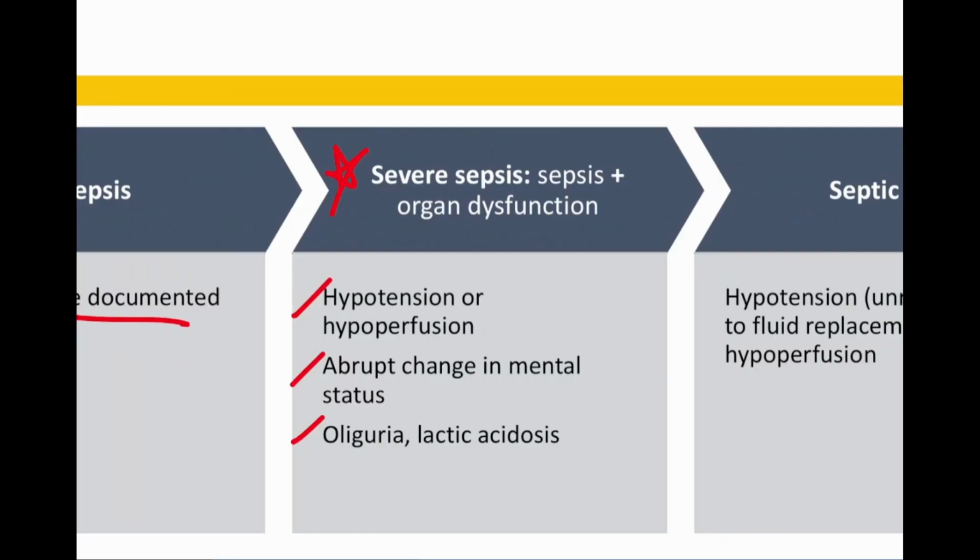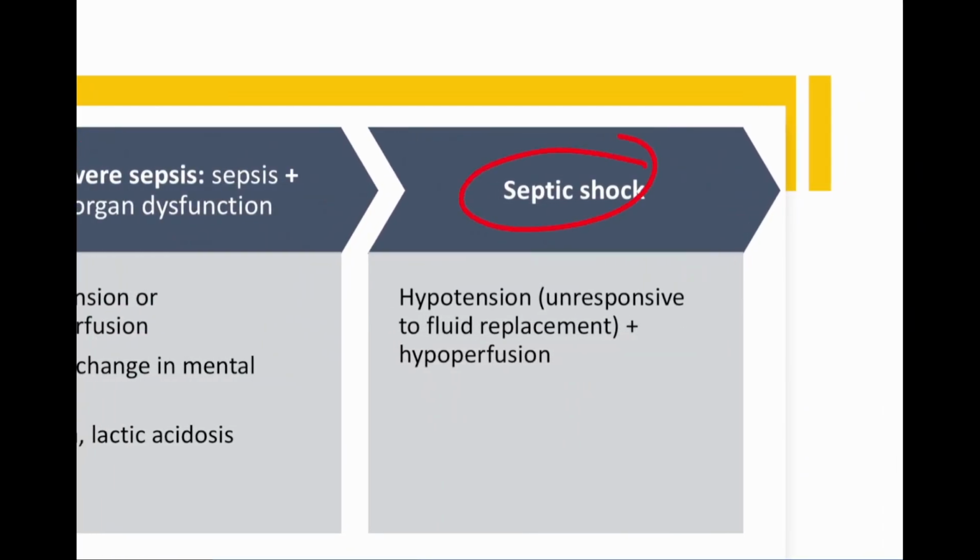Lactic acidosis is another sign of infection. Starting to go into anaerobic metabolism, starting to produce a lot of lactic acid. The last phase is septic shock. And basically the patient is unresponsive to fluid replacement. The very most important thing with sepsis, the first line treatment for every septic patient besides getting a blood culture is blasting them with fluids. Giving them tons of fluids because you want to keep that perfusion up. You don't want it to drop, or you start getting end organ problems. So blast them with fluids, but some people are in septic shock now, they're not responding to fluid. Now you have to give them some other drugs to cause vasoconstriction.